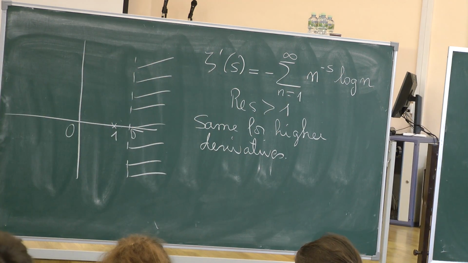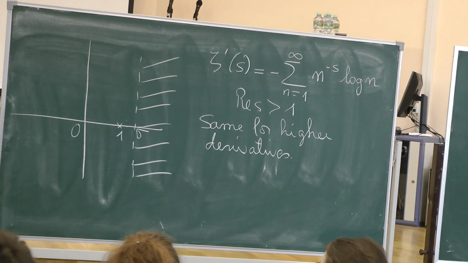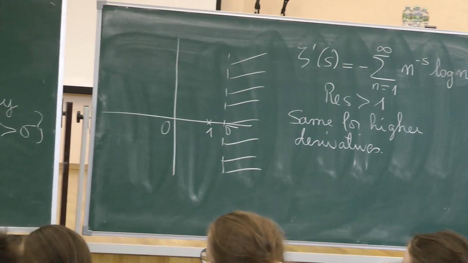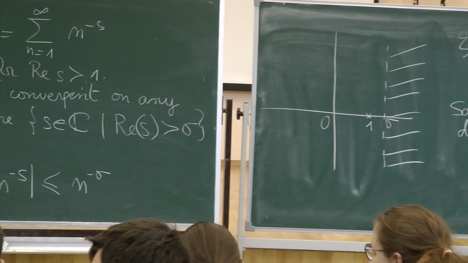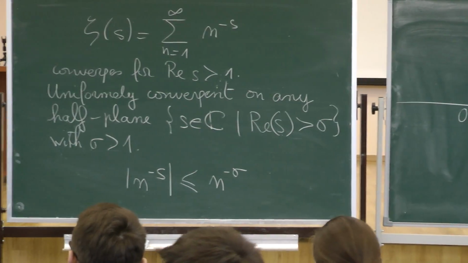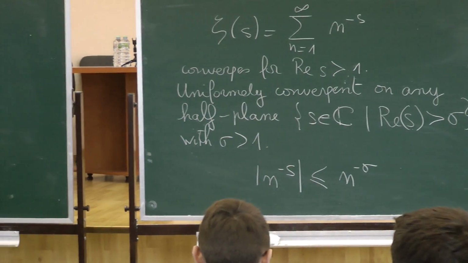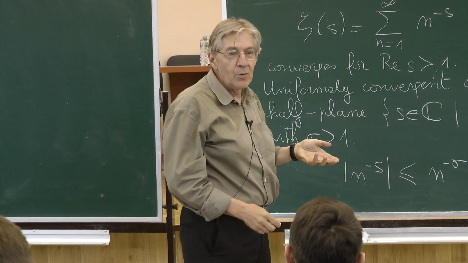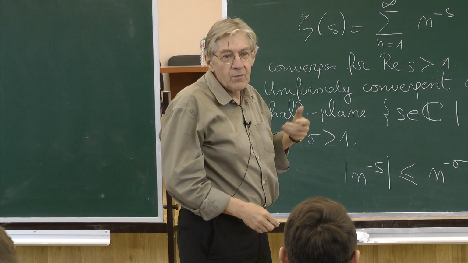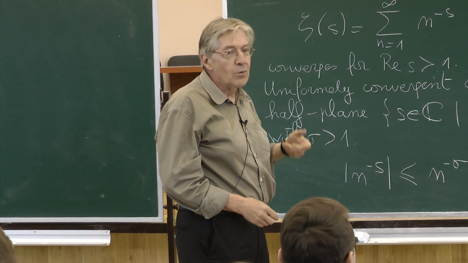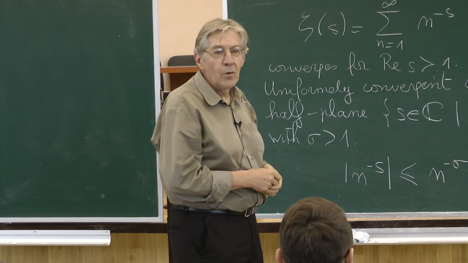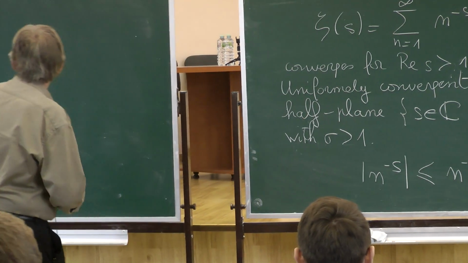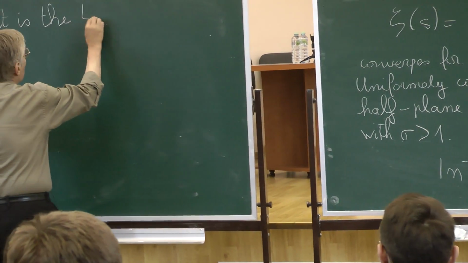So the question which I want to address here is, what is the expansion at 1? We cannot say Taylor expansion at 1, because at 1 we know that we have a simple pole. Since we have a pole, we have no Taylor series, but only a Laurent series. There will be a polar part, 1 over s minus 1. So what is the Laurent expansion?